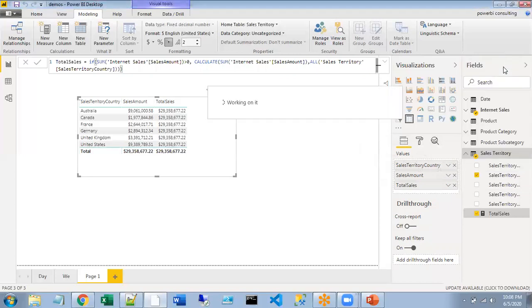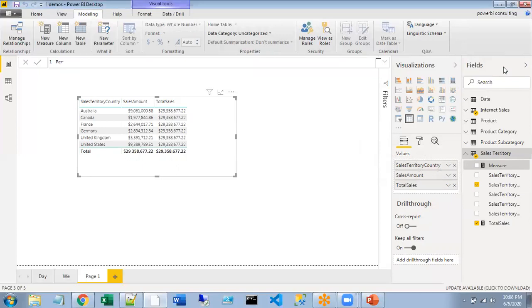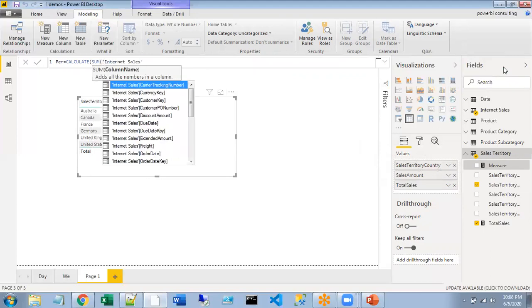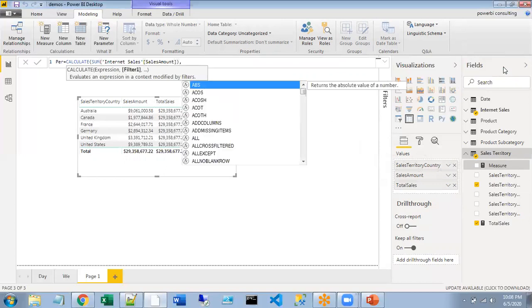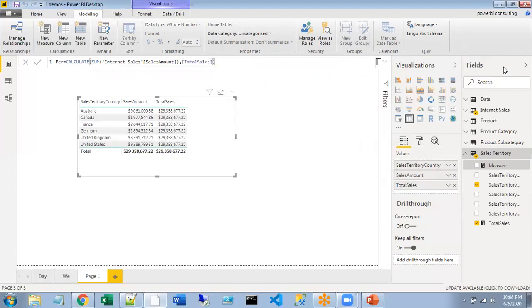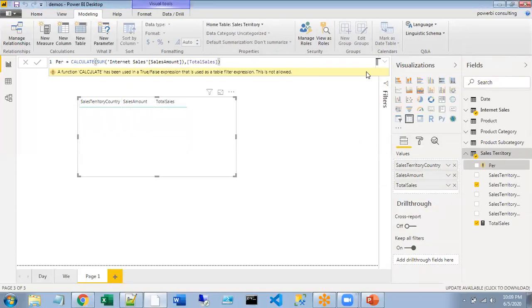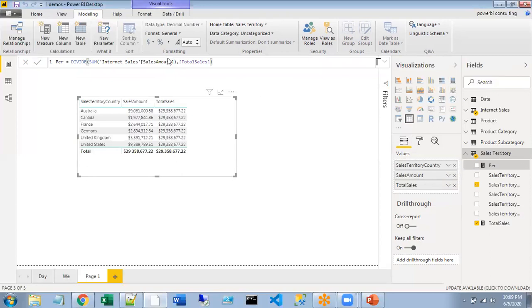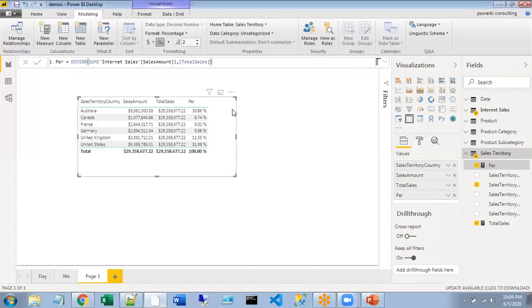and if you want a percentage, you can do that as well. So these kinds of aggregations we will be creating using the measures.